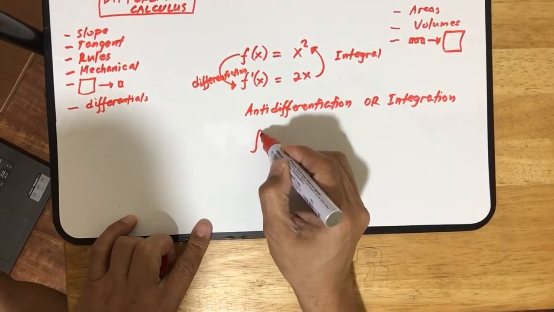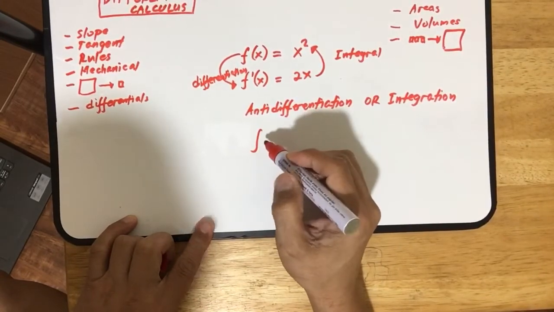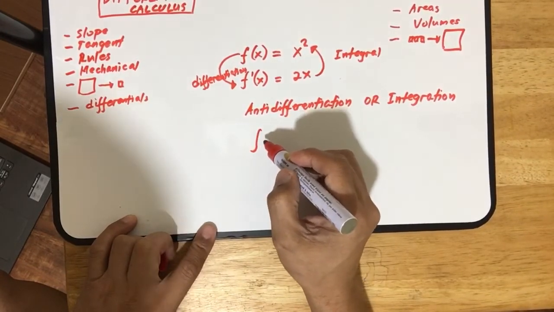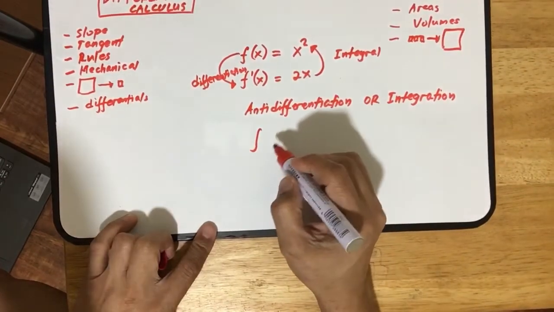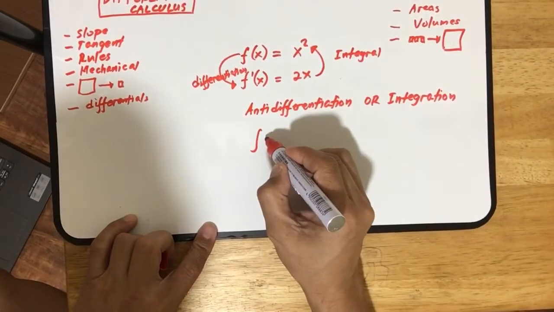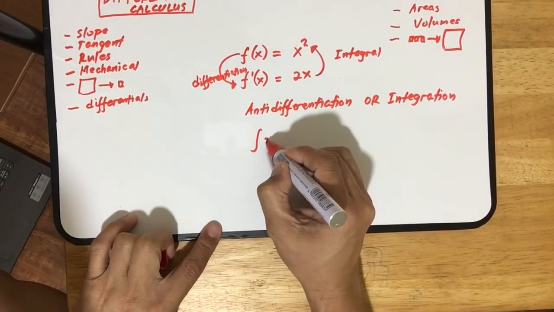It's an S-like symbol to take the sum of small things to get the big thing. So for example, if you're given the integral of 2x dx,